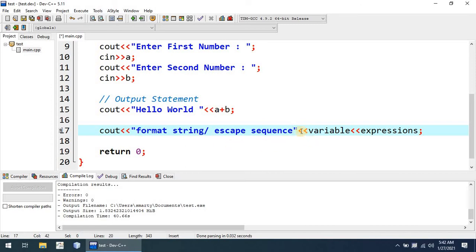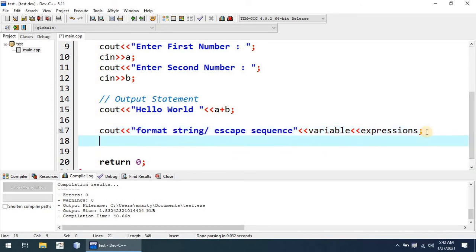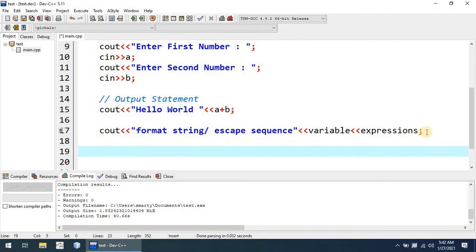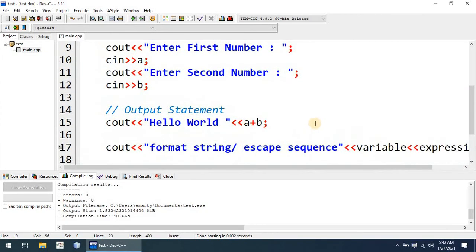We have to partition these individual elements into the syntax form. First of all, we will provide the cout object, then the insertion operator, and here will be the format string or variable or expressions, and the statement terminator.